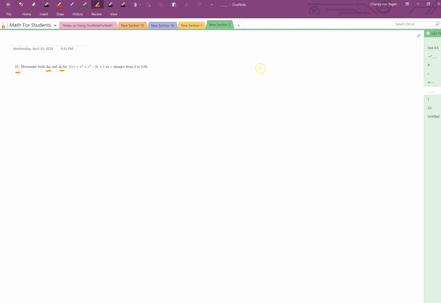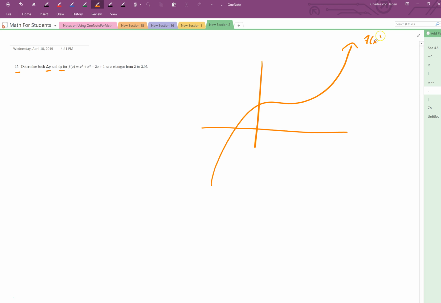As a reminder, I'm not going to be accurate in drawing this graph at all. Let's just say this function looks something like this. Okay, folks, I'm not being accurate in representing this at all. And maybe this is the value 2. And our goal is to figure out what is the value. Well, here's 2.05, and we get this value right here. And so we would call this distance